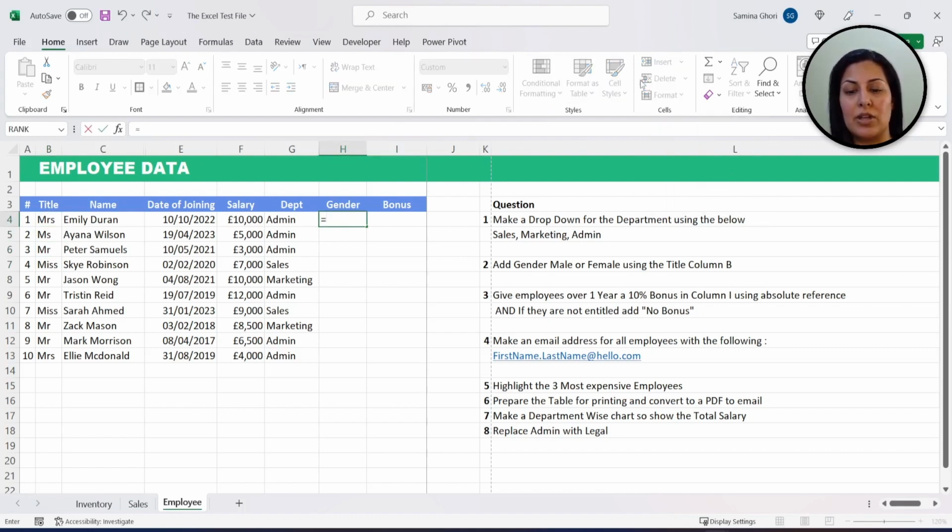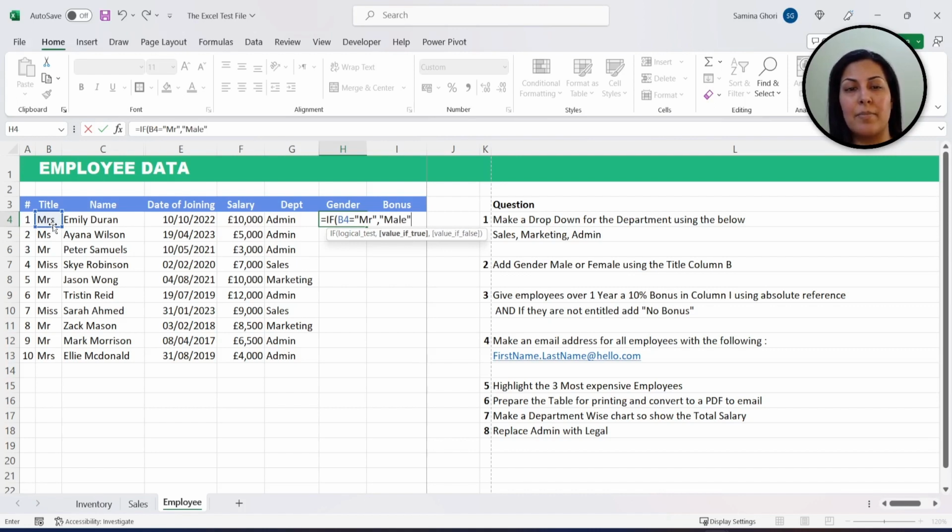So what we do is you go equals if, tab, the logical test. Now, what are we trying to test? We're trying to test if this cell equals, for this exercise we're doing Mr. first because that's the one option we have. Now if this is Mr., anything in the text goes into the quote marks. If B4 equals Mr., we want to make this cell male. So we put male here,